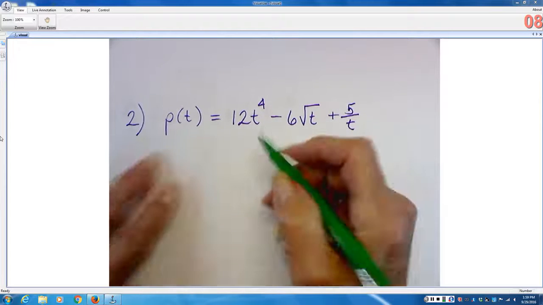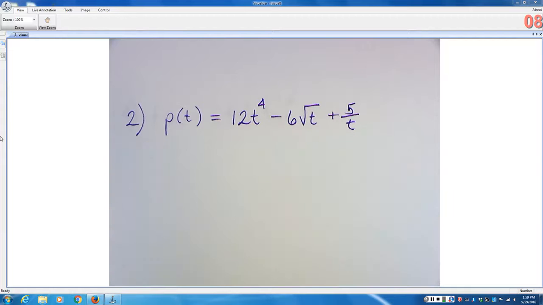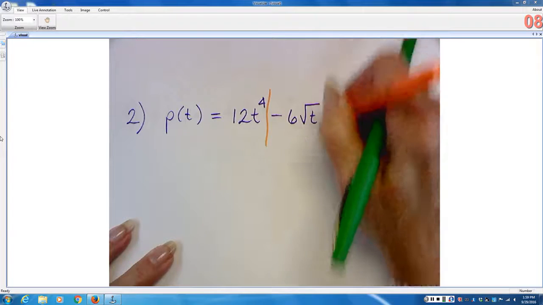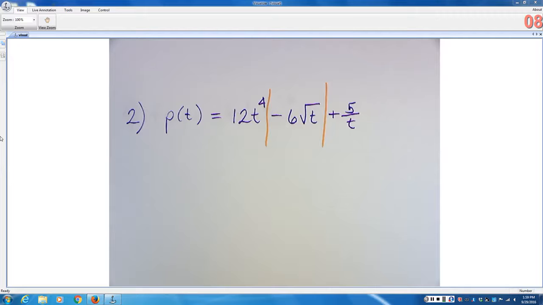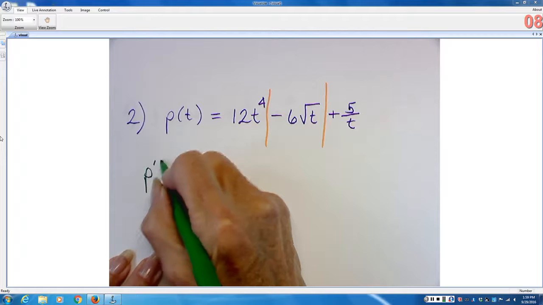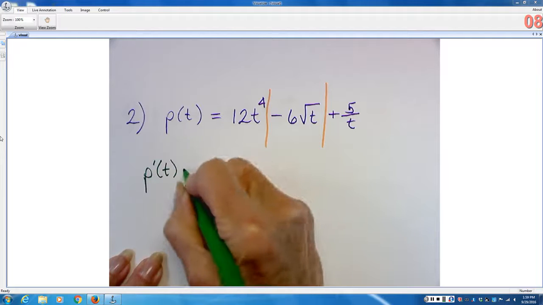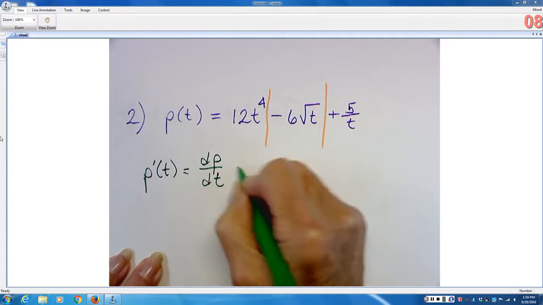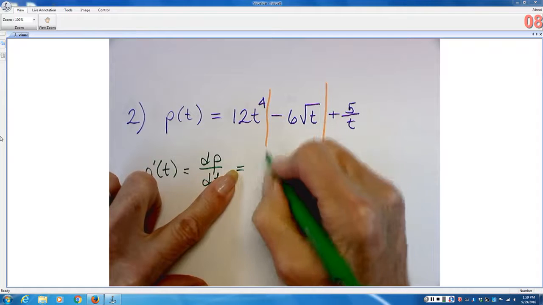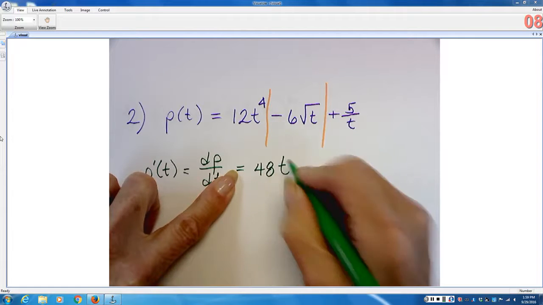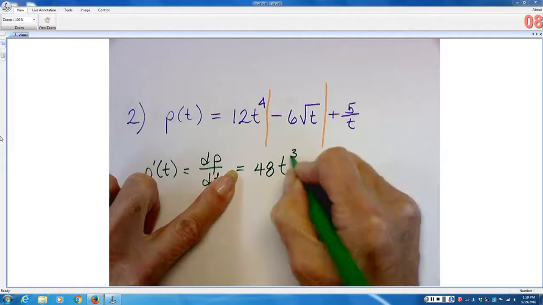P of t is the same exact thing, except we've got 3 terms, and one of them is a subtraction, one of them is an addition. So again, we differentiate term by term. So P prime of t, or dp dt, 4 times 12 is 48, t, 4 minus 1 is 3,